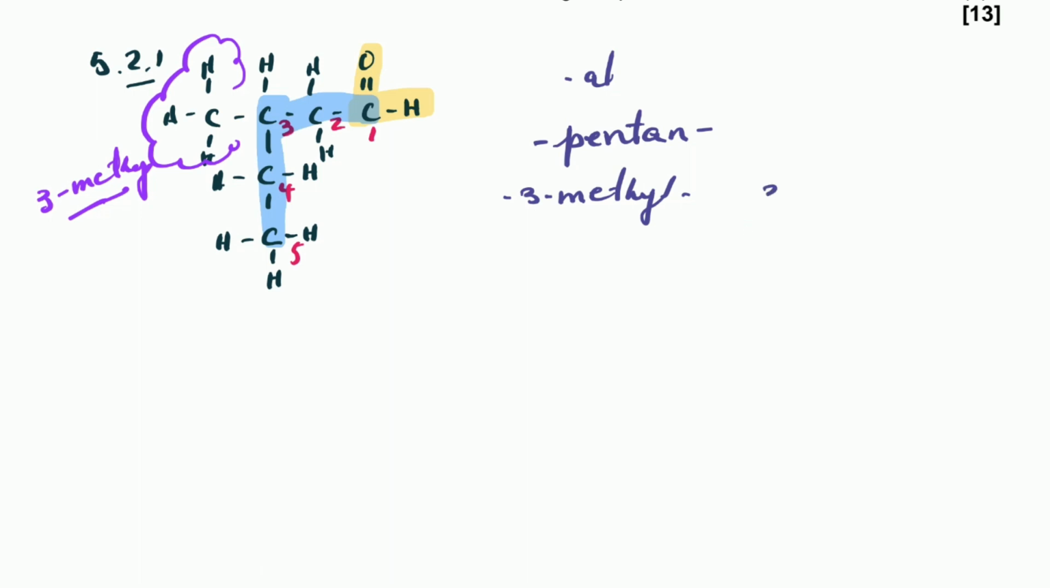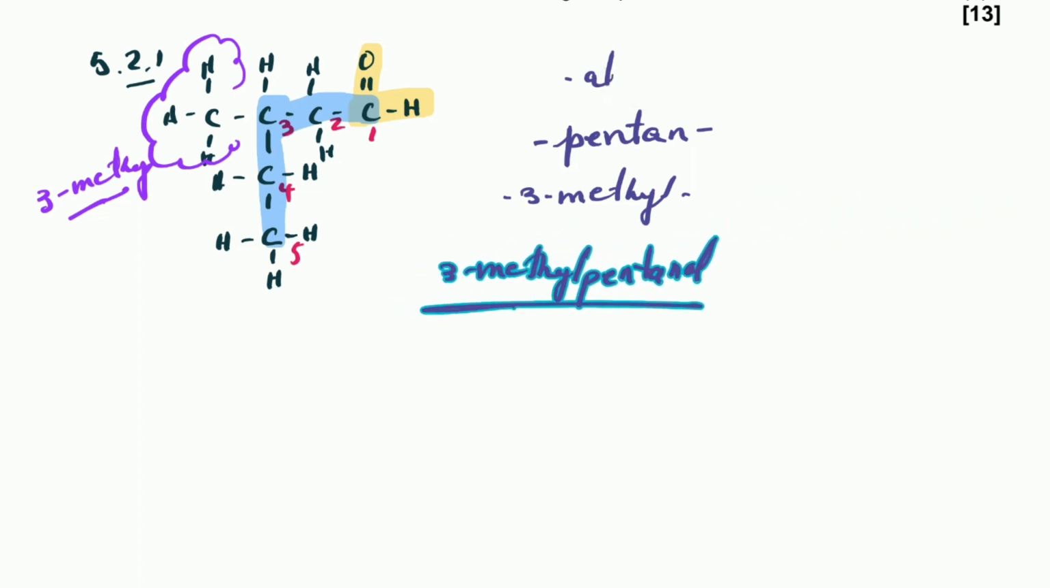So the name of this one is 3-methyl with a dash between numbers and letters, pentanal, and that one is the name of the compound here. Let's move it down to this side. This is the whole name of the compound, 3-methylpentanal. I hope it's understood now. Now let's go to do